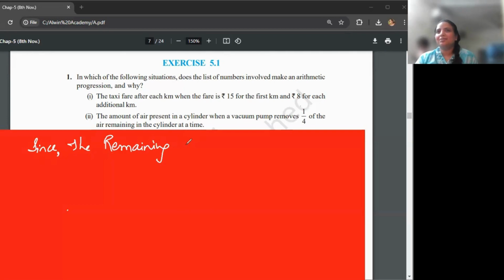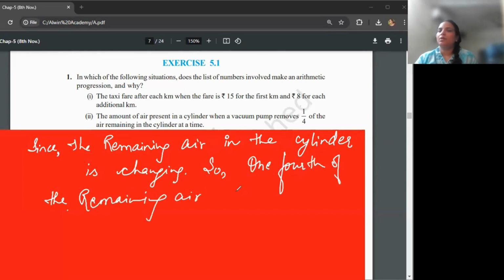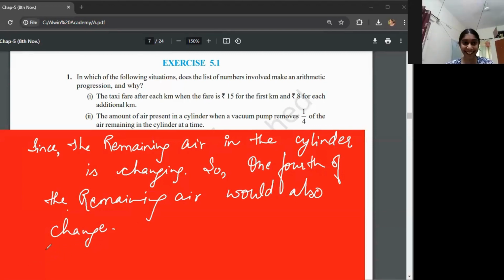Since the remaining air in the cylinder is changing, so 1/4 of the remaining air would also change. Oh my God. Okay. Now, therefore, okay,